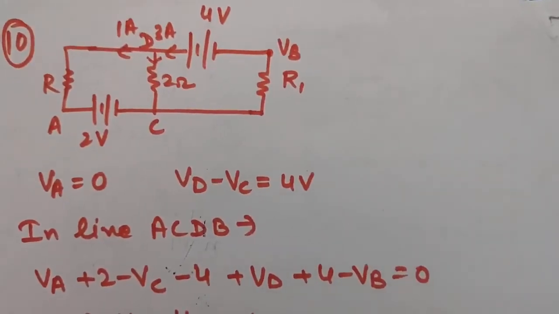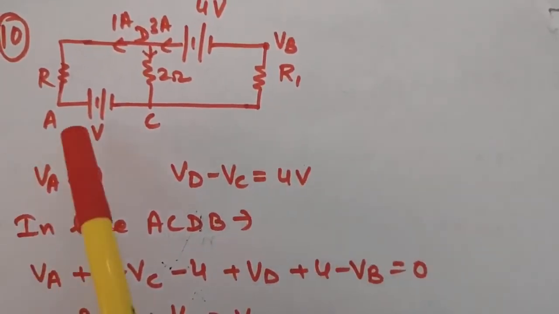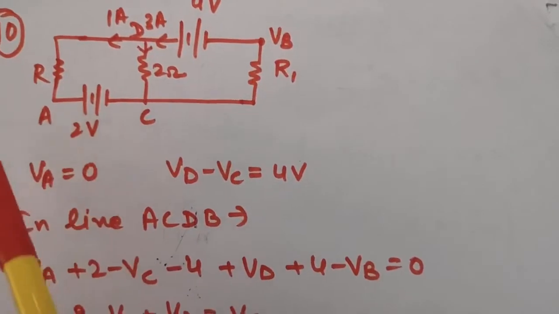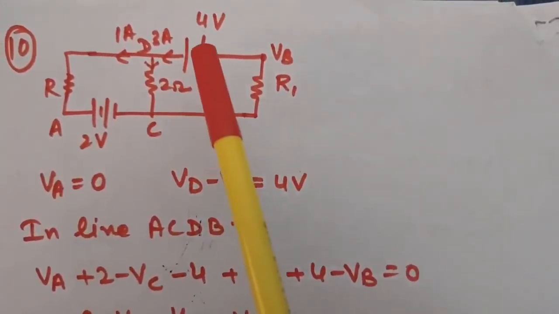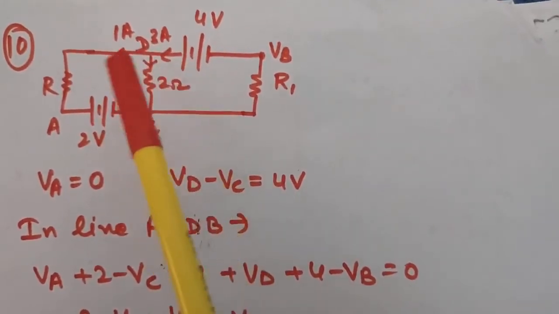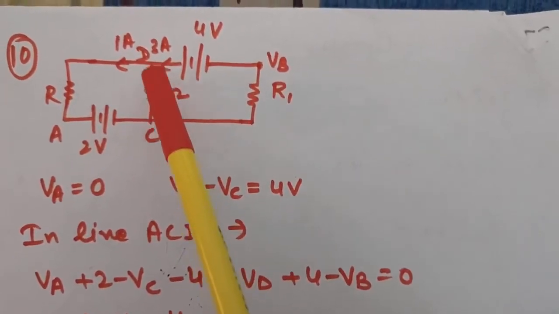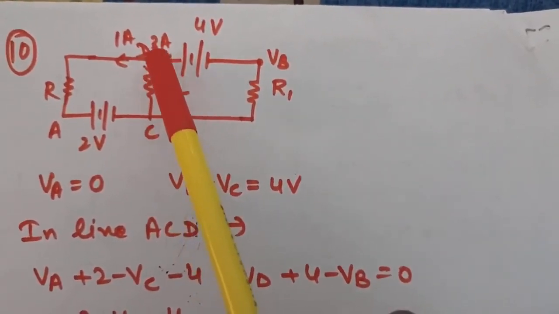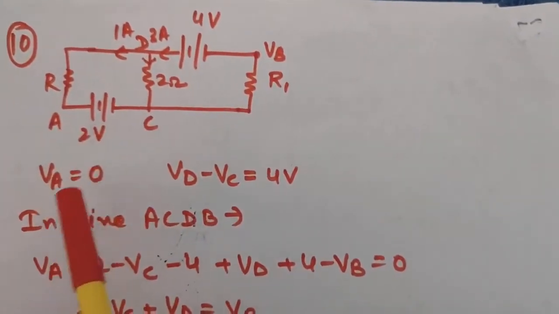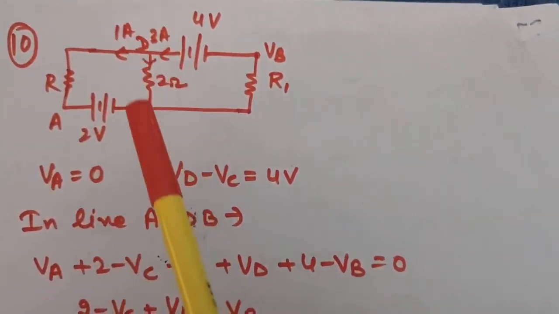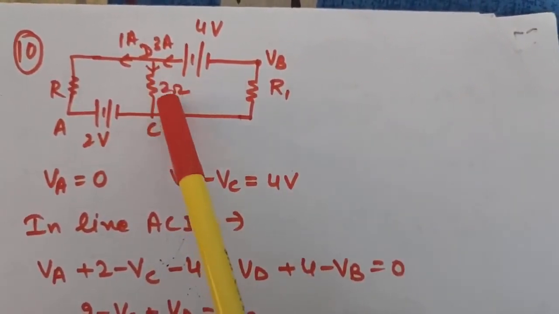Okay, so the next is question number 10. In this question, a figure is given to you and it is given that the potential of A is 0. Then you have to calculate the potential at B. Okay, so from here 3 ampere is flowing and from here 1 ampere is flowing. So easily you can say from this line 2 ampere would be flowing, right? That is, in arm DC 2 ampere would be flowing. So VA is given to be 0 in the question, and VD minus VC will be 2 into 2, that is 4, that is I into R.